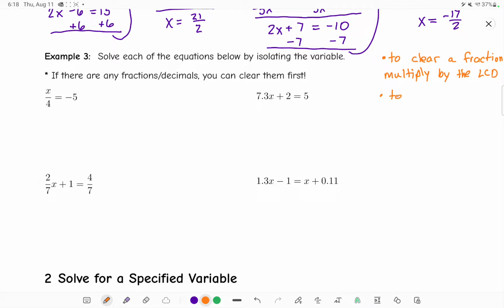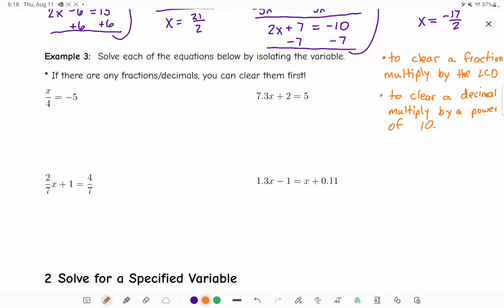And to clear a decimal, multiply by a power of 10. And when we get to the examples, I'll explain what I mean by that, but powers of 10